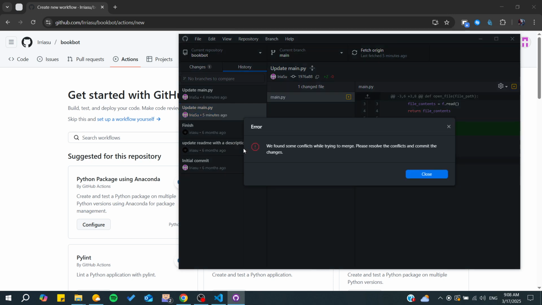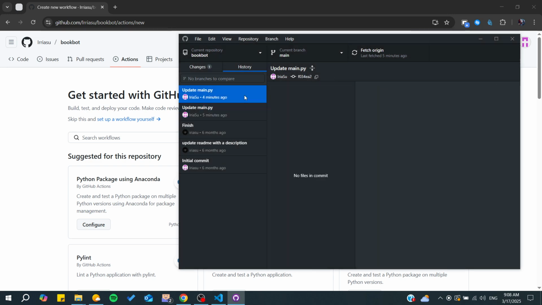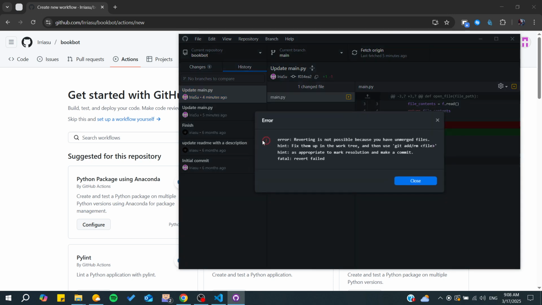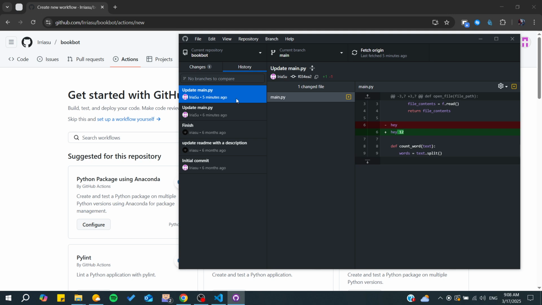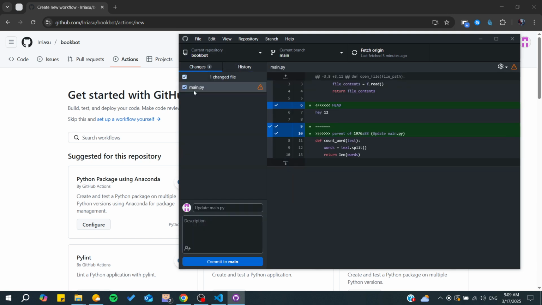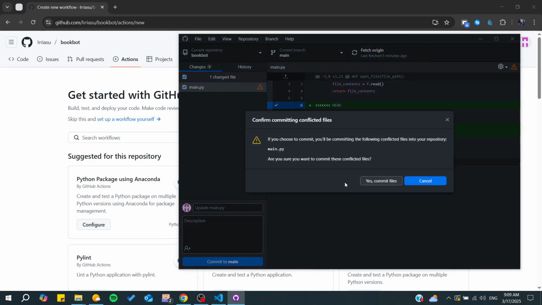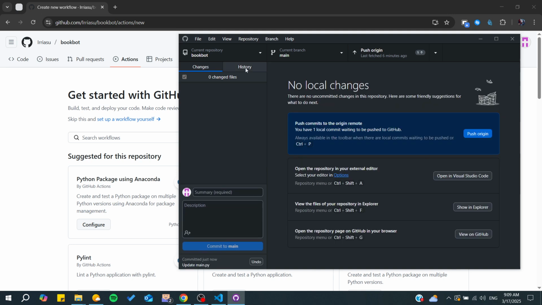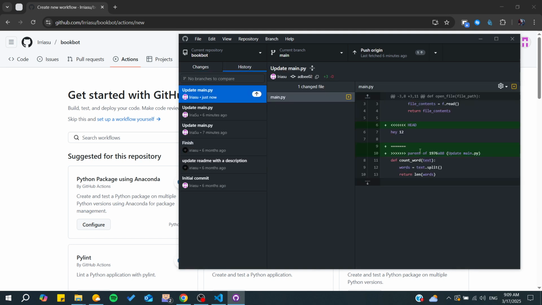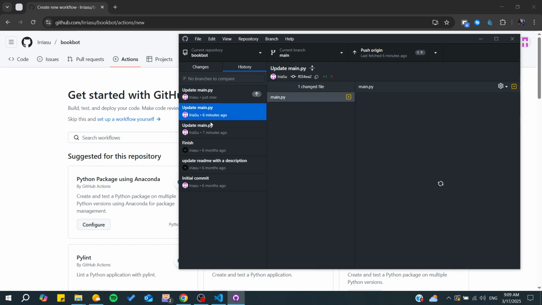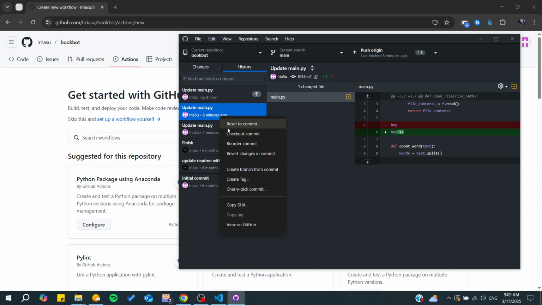So I'm just going to click on this one, and of course there are some conflicts, so let's just revert changes to this one, because those are unmerged files. Basically let's commit the latest changes that I have, and let's just commit to main, and let's just commit files, and from here I have updated my main, and simply we can now go and visit to commit or revert